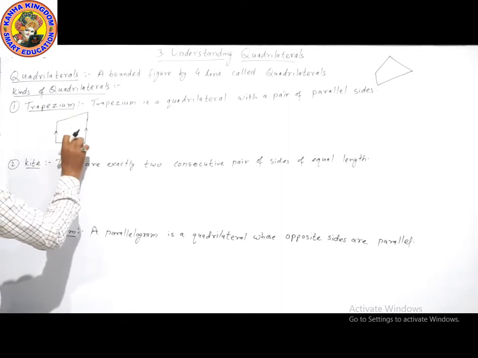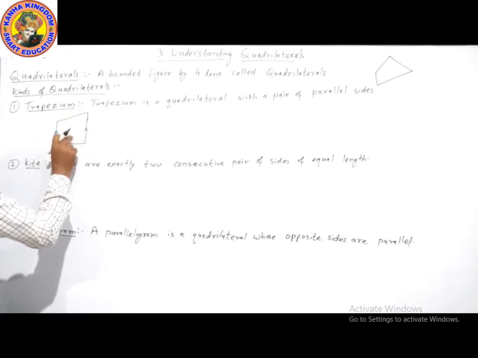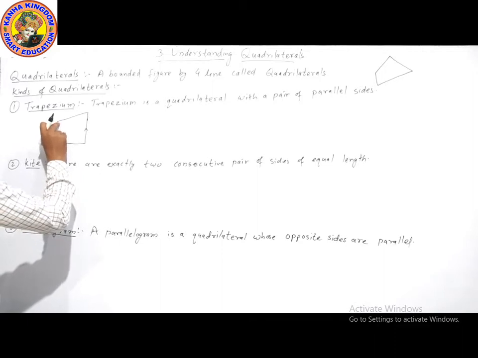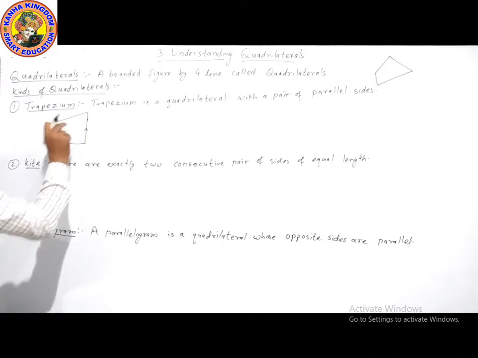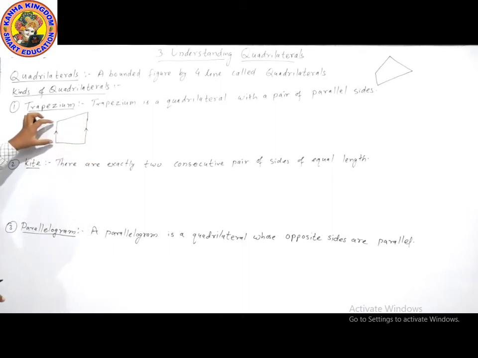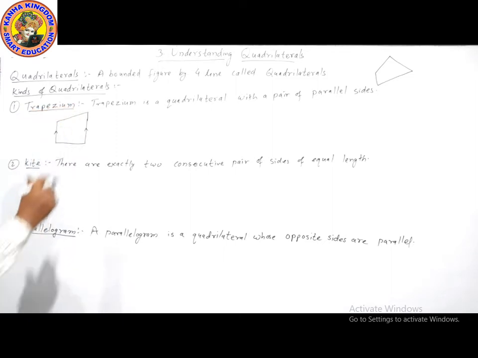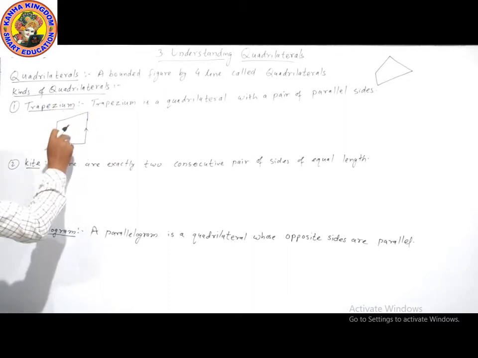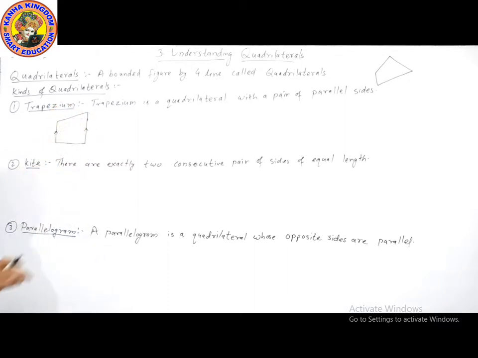Distance between this point to this point, assume that is 5 centimeter, then between this point and this, the distance is 5 centimeter. If the distance between two lines is fixed, they are called parallel lines. For the other sides, the distance between them is not fixed. These are variable. So these are not parallel sides, these are our parallel sides. If I draw a diagram with a pair of parallel lines and the other two are normal lines, then it is called a trapezium.